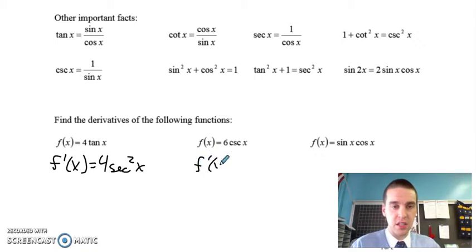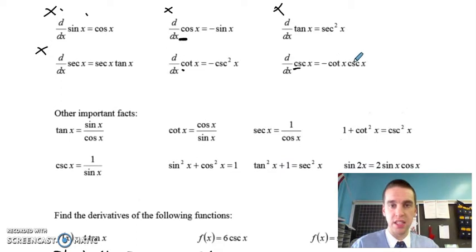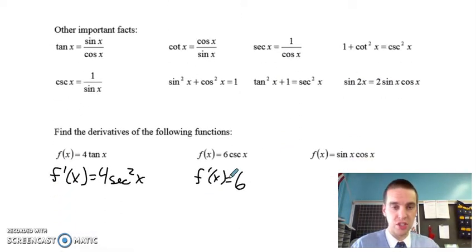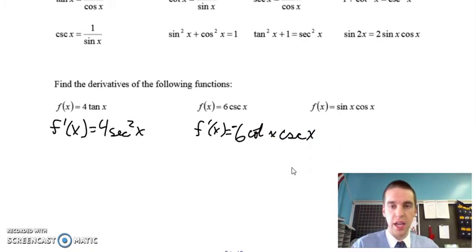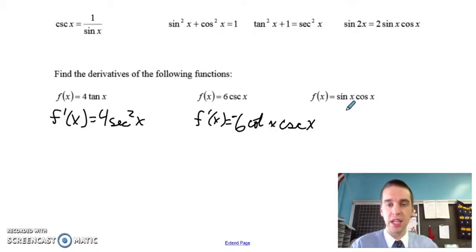Number 6, cosecant x. Go up here, the derivative of cosecant x is negative cotangent x cosecant x, so put the negative there, cotan x, cosecant x. And for the last one, sine x cosine x, notice that this is being multiplied, we've got a product